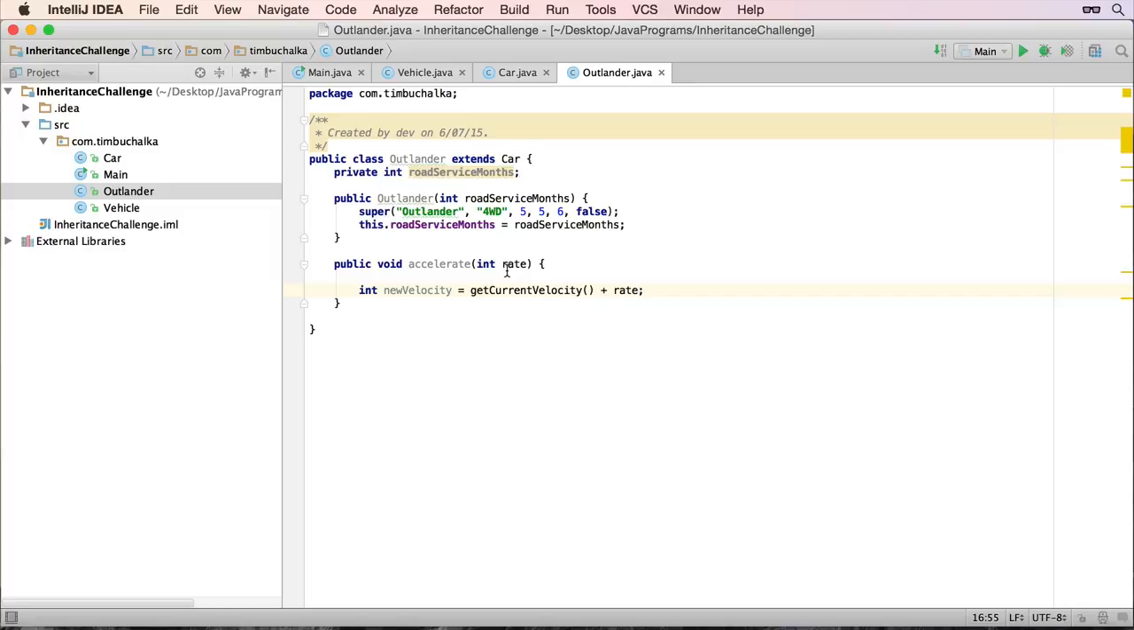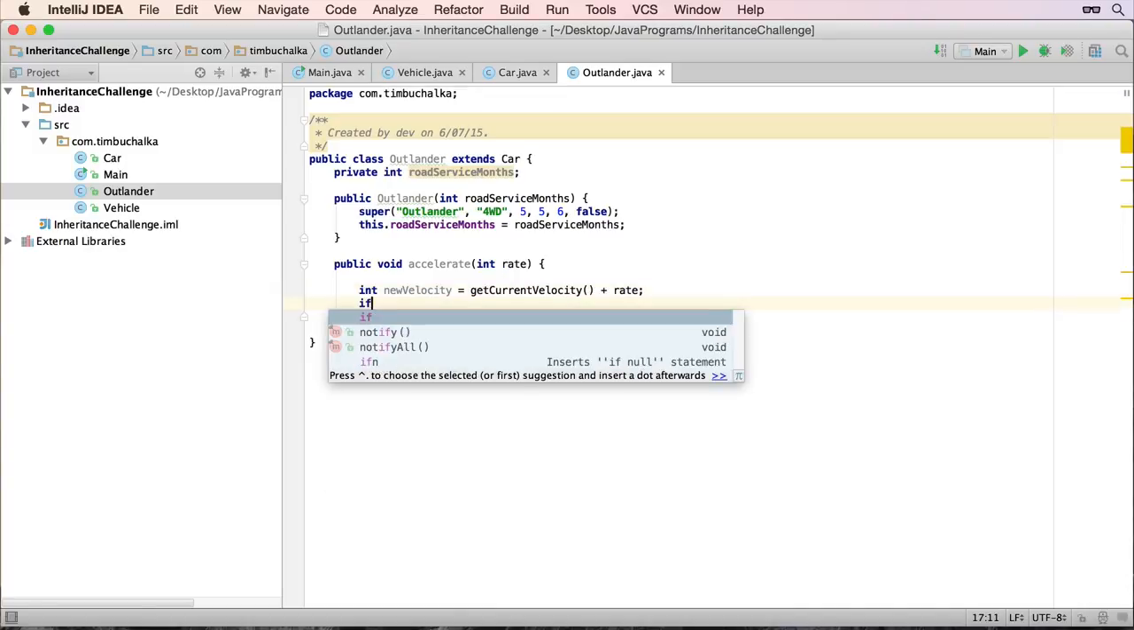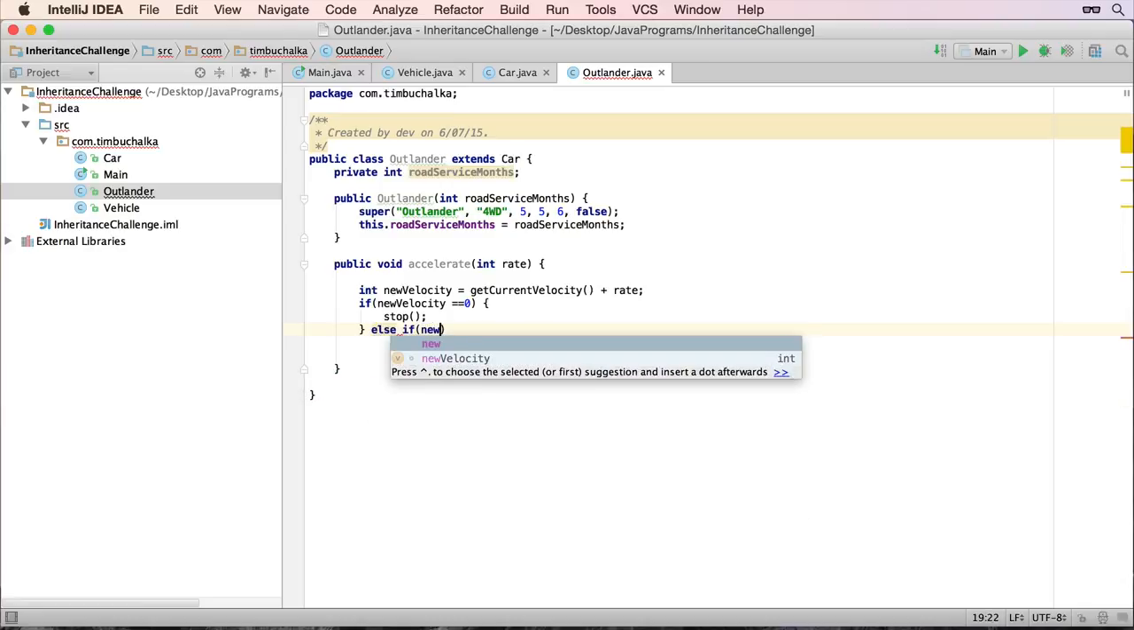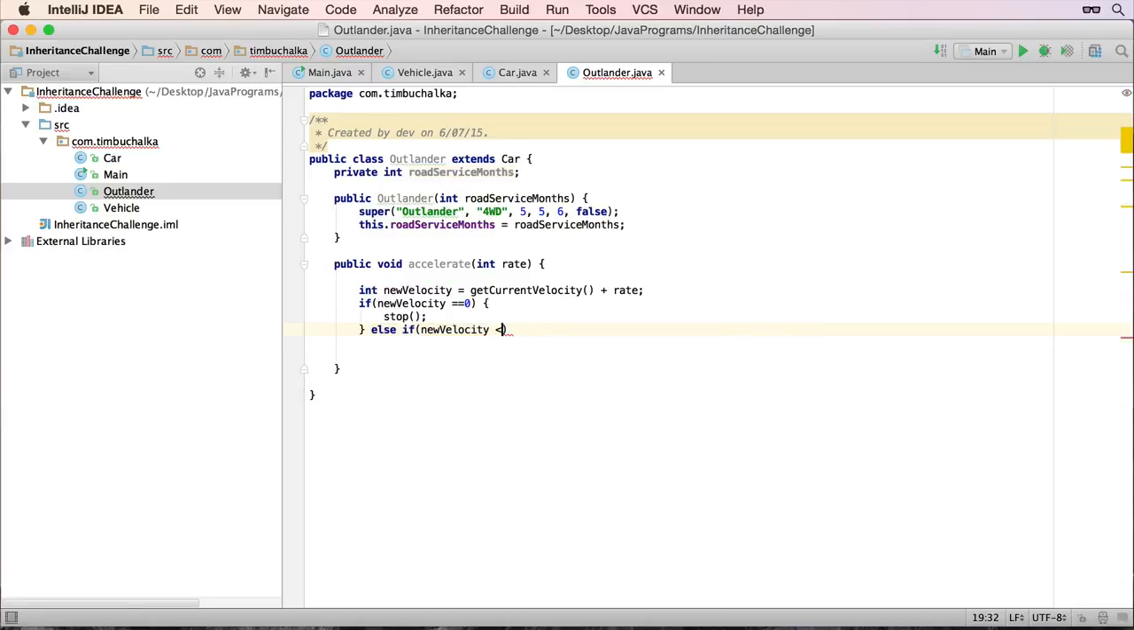So a positive number would be you've put your foot down on the accelerator, you've increased the speed, and a minus number would mean that you're de-accelerating, for want of a better term. But we're handling all of this in the one method. So the new velocity is going to be the new velocity of the car, taking into account the change that has happened or has been passed to this method. And so if new velocity is equal to 0, we're going to call the stop method. Otherwise, we're going to put else if new velocity is greater than 0